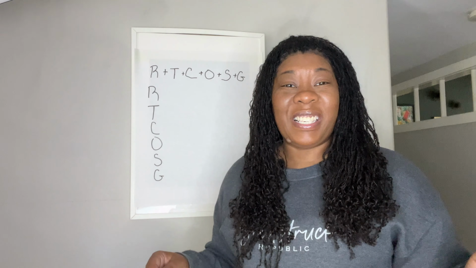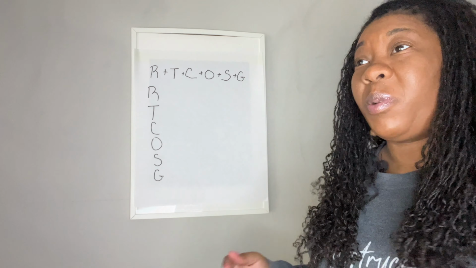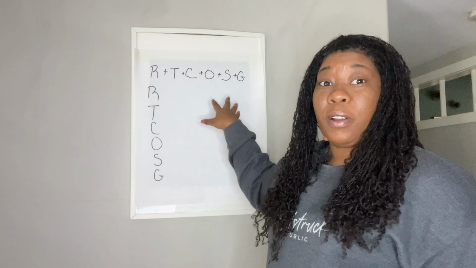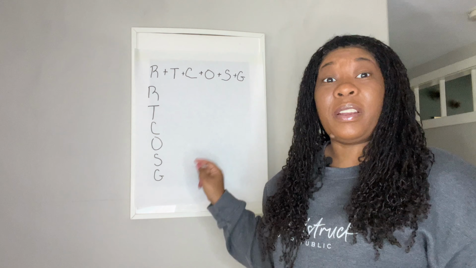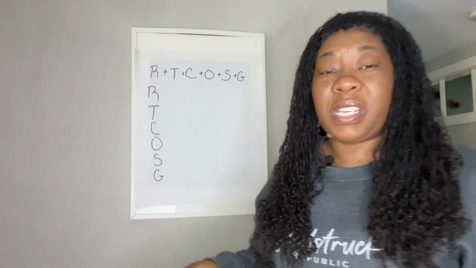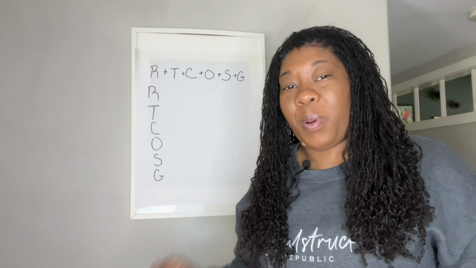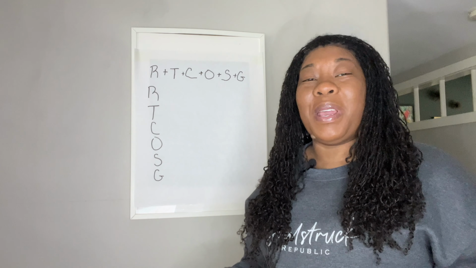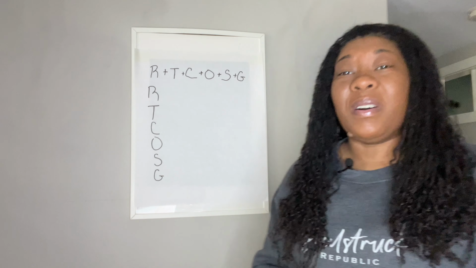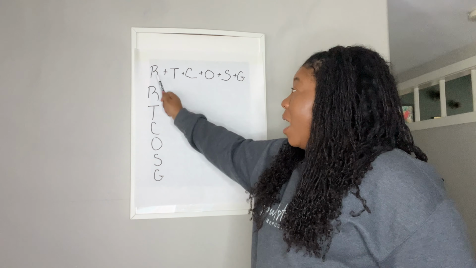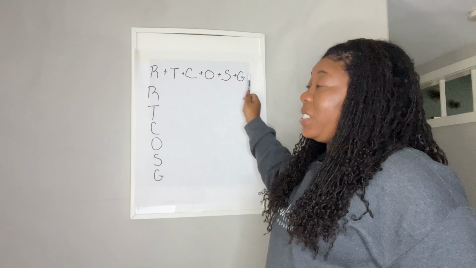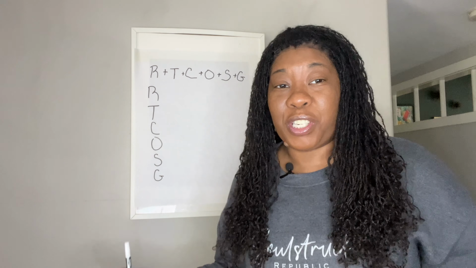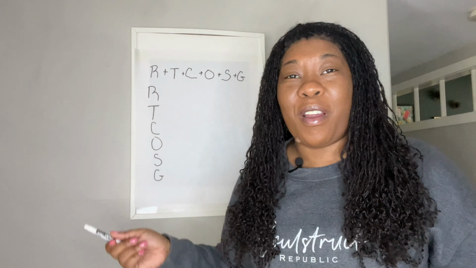All right, so now let's get into the good stuff. In this section, I want to break down what my perfect prompt formula is. I'm going to explain this acronym and what each one of these letters stands for, and how you can leverage these to create the ultimate perfect prompt for ChatGPT and get the ultimate best response. So let's go ahead and start with the acronym. We have RTSOSG, and trust me, just a side note, I spent hours trying to turn this acronym into a word,